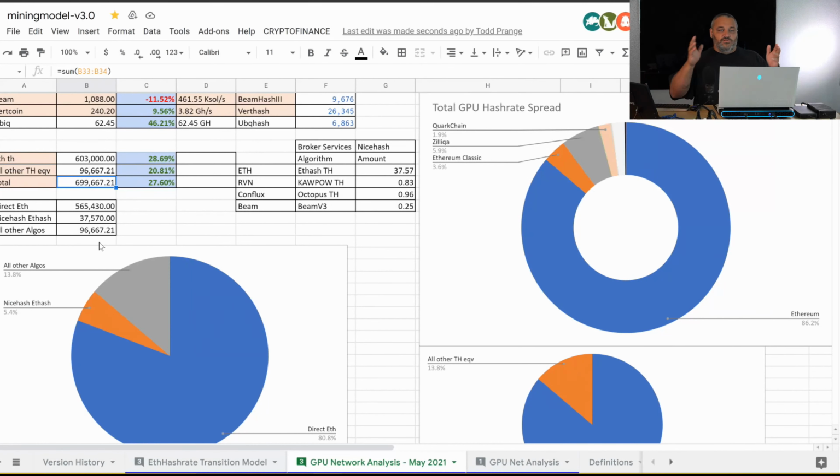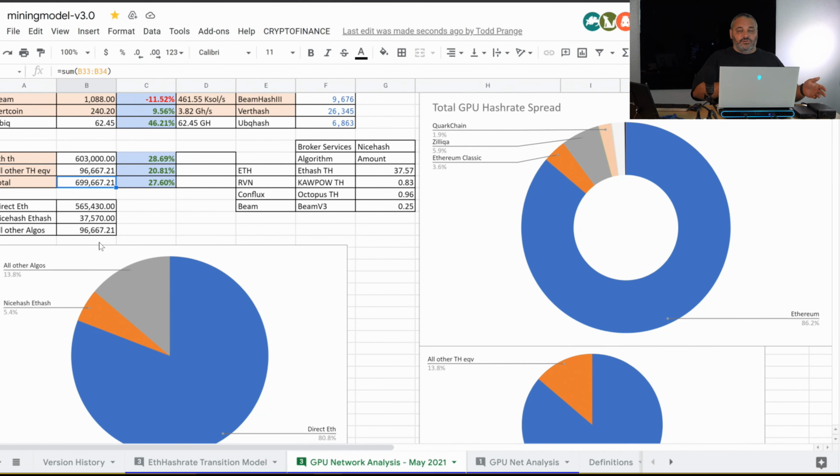So that 96 total potential terahash is actually deployed. That's what we're seeing on the networks live right now. So that's what I'm bringing up there. I just wanted to clarify that that's where a lot of these numbers are coming from. They're extracted from what we're seeing on the net hash results of these networks. And then we can do the math because we've done